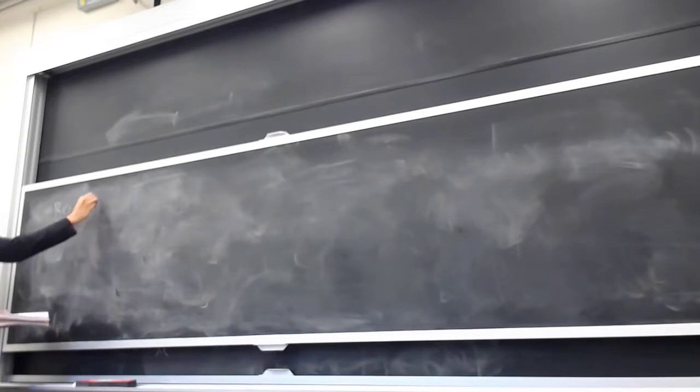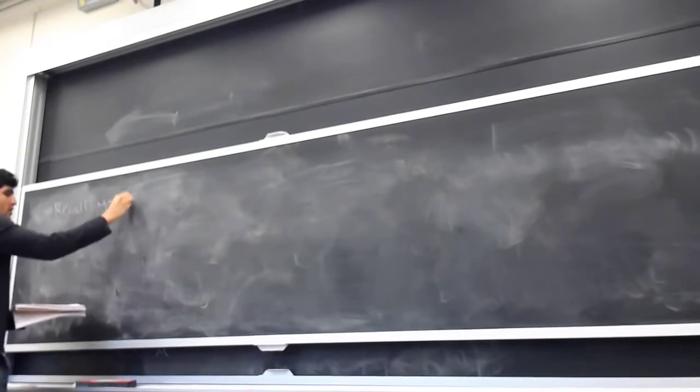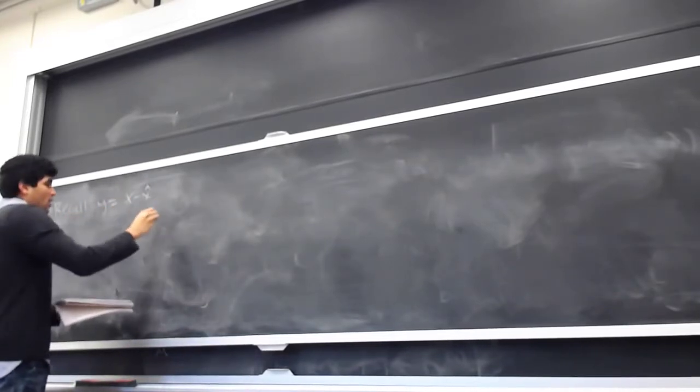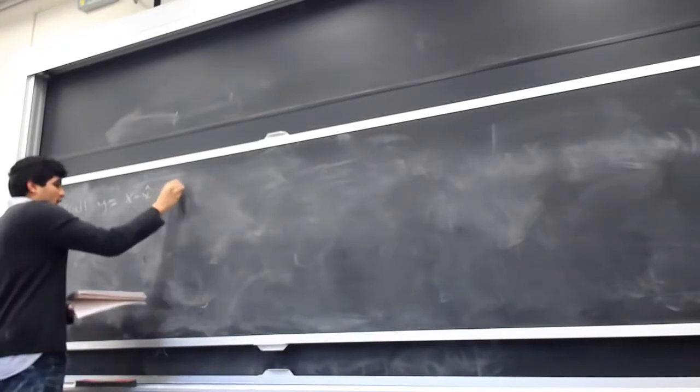Even though the zero norm is not a norm, it still satisfies the triangle inequality. So let me state it this way, which is that, recall that y is x minus x hat,